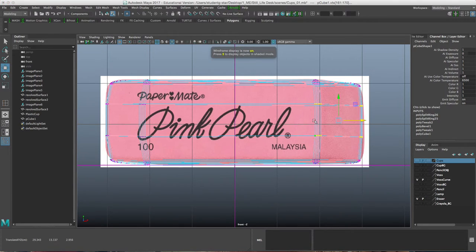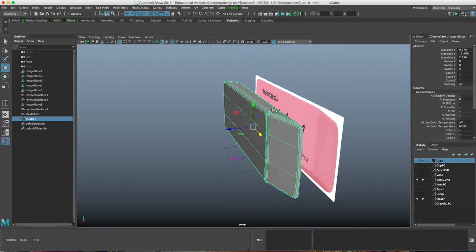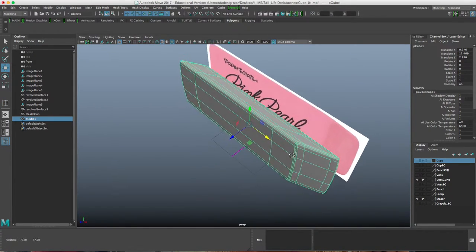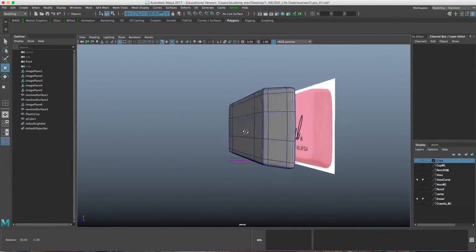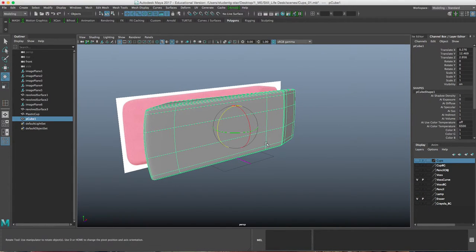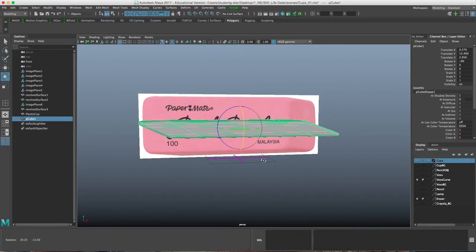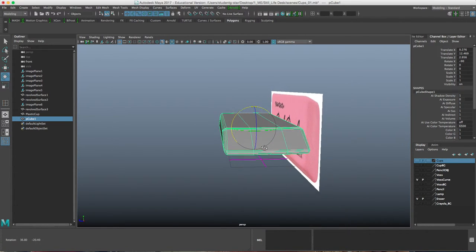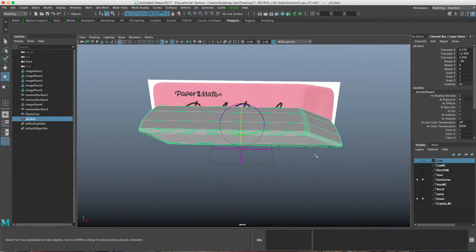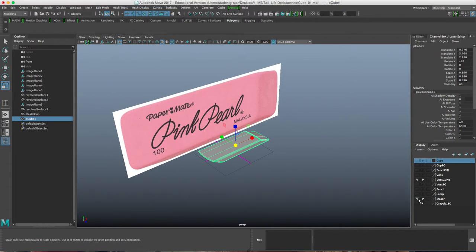Press 5, and we go here. And now we could just simply press 3, and it will smooth it out a little bit more. And there you go. There's your eraser. Alright, we'll press E, hold J to snap it, and there we go. There's our eraser. Okay, now you can click on it and press 1 if you like to see it that way. And we could scale this down. We could turn off our eraser image,